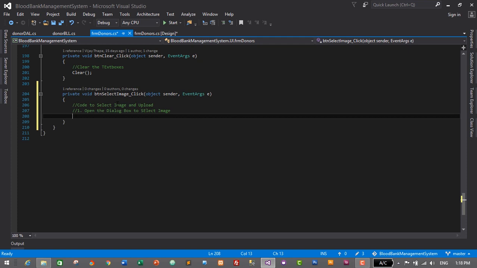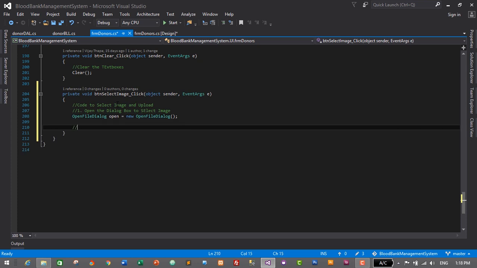So open file dialog, open is equals to new open file dialog. Here we'll use open file dialog method to select the image,